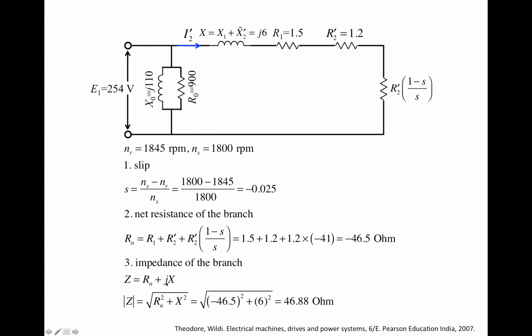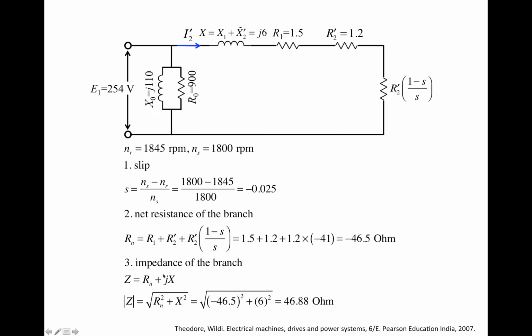So 6 times j, right? Because the impedance of the inductor is an imaginary number, right? So it should be 6j here. Right, X equals 6, not 6j. X should be equal to 6. So it's minus 46.5 plus 6j. Right, that's the impedance of this particular branch,